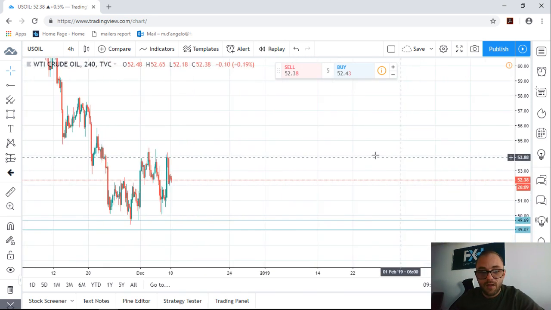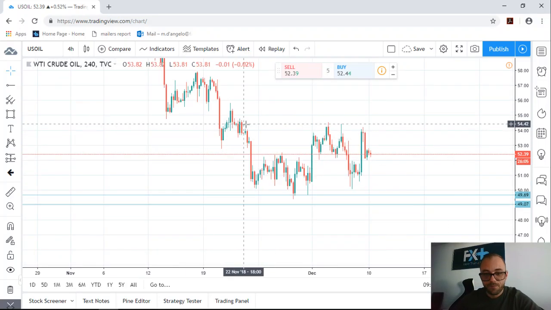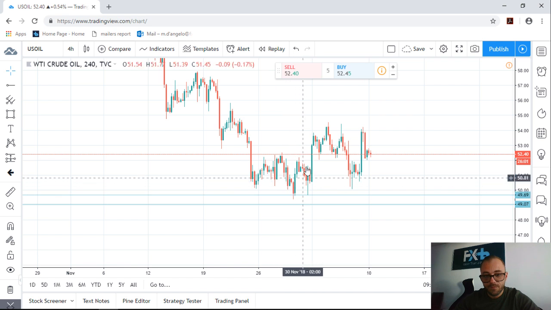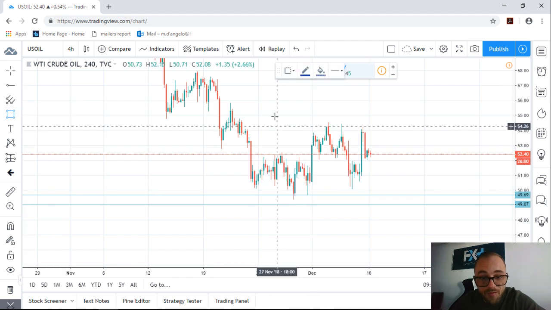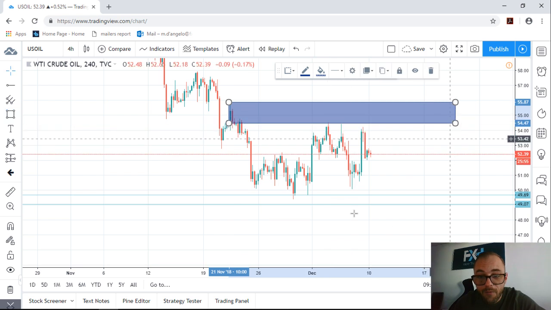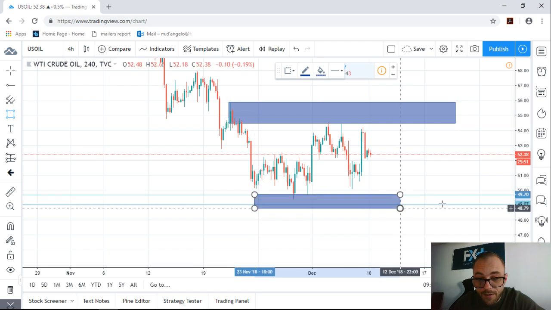So once the market filled in on the particular demand zone, it respected and immediately went to our final target, which was this supply area here. So we bought on demand and we targeted supply,